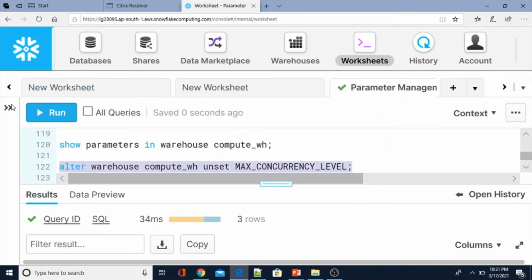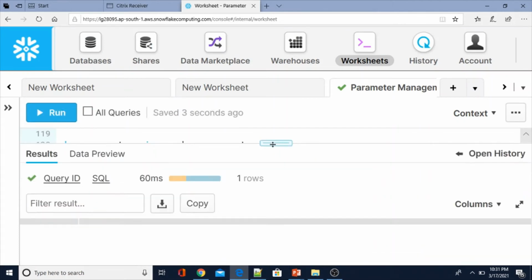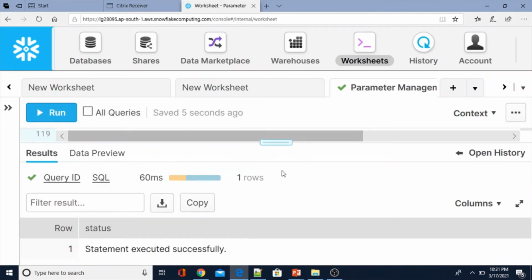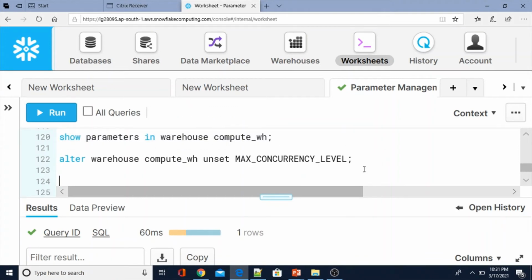Now let me execute this one. Okay, statement executed successfully. After executing this, I am going to display the parameter value again.